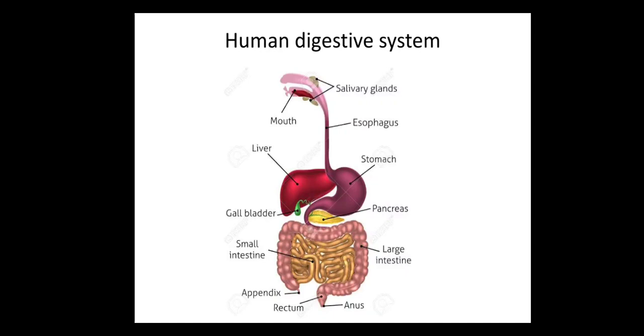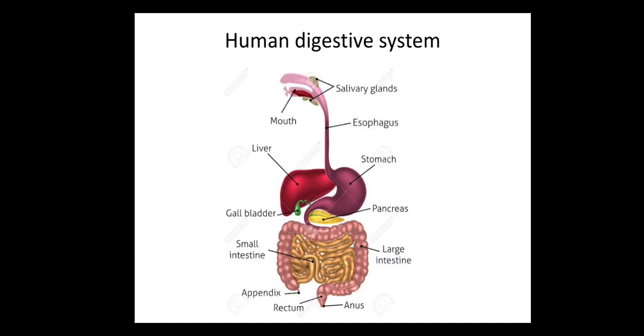Look at this figure of the human digestive system, in which you can see the mouth having the tongue and teeth, salivary gland. Mouth, that is the buccal cavity, is connected with stomach with the help of a pipe called esophagus. Then it is large intestine. Associated glands are pancreas and liver.